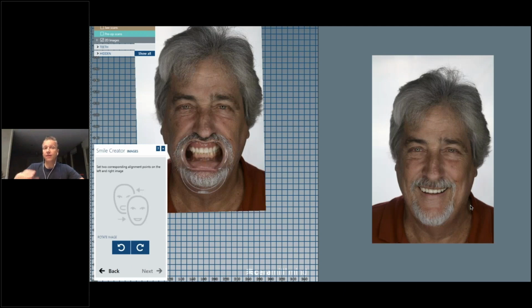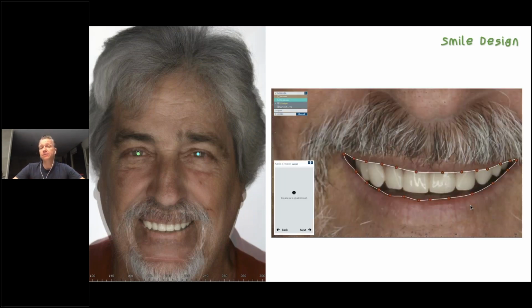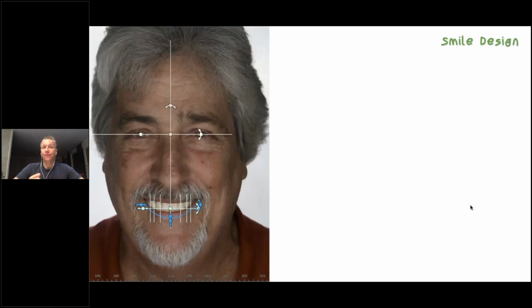Now we also would like to import the second photo, the smile, so that we have the position of the lip when he smiles. That's crucial for every smile design. Again, we're looking for landmarks, marking the landmarks, and merging that smile together. You can see in the background around his beard is the retractor from the retracted smile. So both pictures are now on top of each other. And then the next step is cutting the teeth out of that lip to allow us to fill it with new teeth, right? With a new smile. So we mark the lip line, and now we analyze the midline